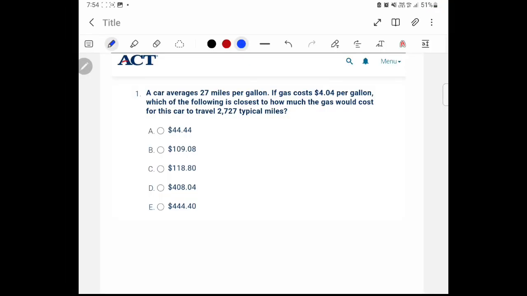Hi, this is a typical ACT math question that is called a word problem. In a word problem, it's always good to identify the givens and the question. So for the givens, first of all, we have that the car consumption, or the rate of consuming the gas, is given by